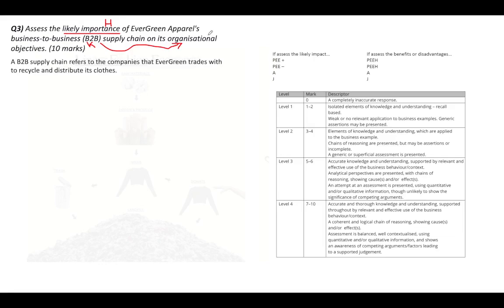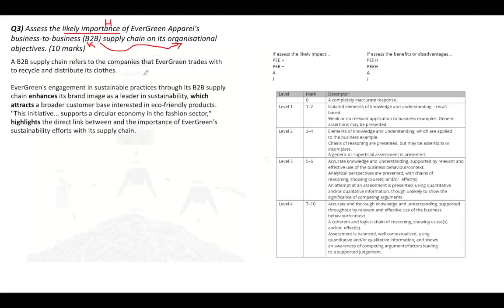We'll see. I'm going to start off with a contextualized definition just to make sure that I'm answering the question. Okay, I'm not just going to say it's business to business, because that's in the question. Companies that Evergreen trades with to recycle and distribute its clothes. I've probably got 3 marks already. You know, it shows an understanding of business to business, and it's in context. Okay, bit of a chain of argument in some ways, but